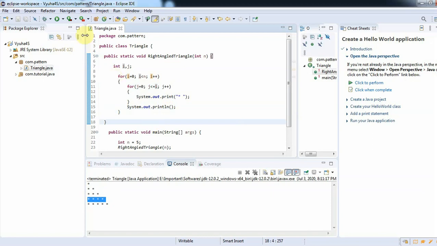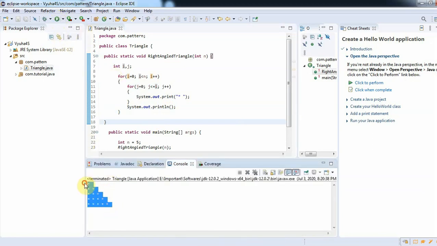In this way, after executing this program, the star pattern will be the output. This is a right angle triangle. I hope you understood how to write a program for getting a right angle triangle as a star pattern.